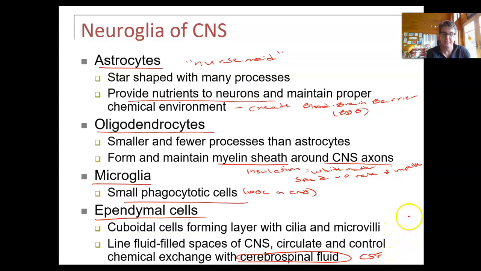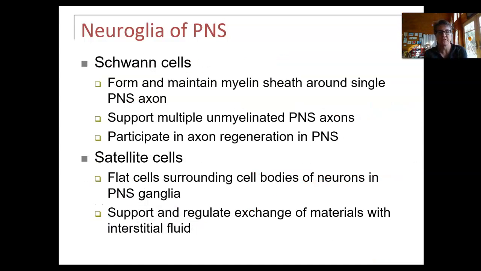So we're not going to cover it at this point, but ependymal cells, we will see them again when we cover the flow of CSF and how that whole system works inside the brain. All right, so those are my central nervous system helpers, neuroglia, and then I have my peripheral nervous system helpers,